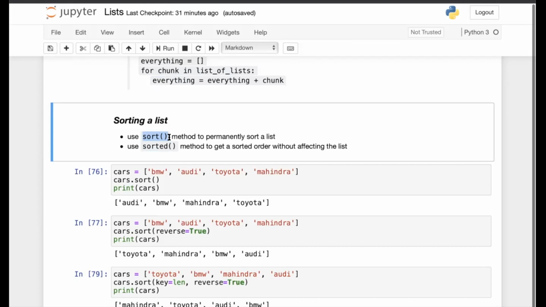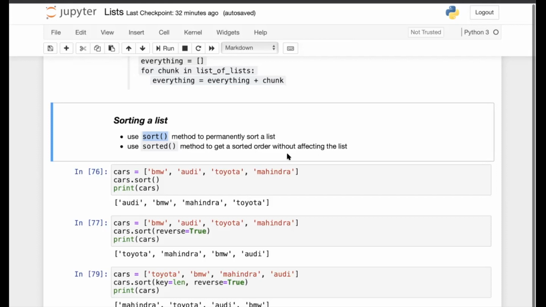The sorted method does not change the present list. It creates a new list with the elements in sorted order. So use the sorted method to get a sorted order without affecting the original list.